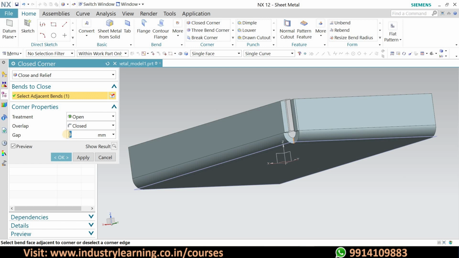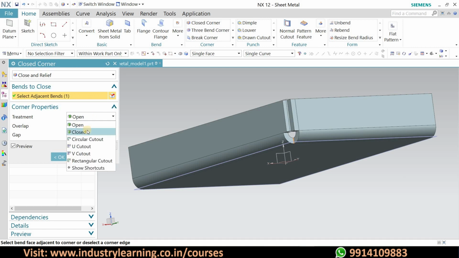So let's change the gap. Here we can change this gap, which is for basically this one. From here you can change 1 mm or 2 mm. It should be lesser than your sheet thickness. So if you see the result, it's like this. So just undo this and make this 0 as usual. And now we'll talk about this cutout.